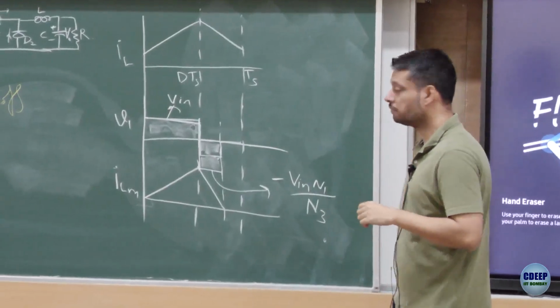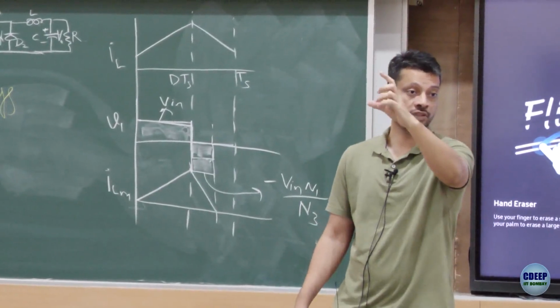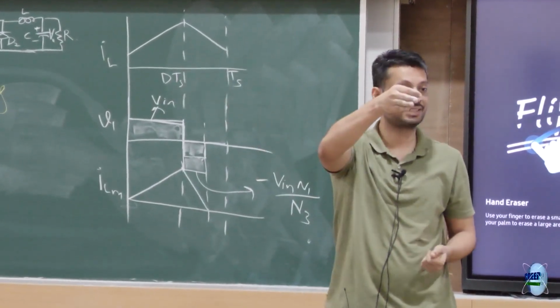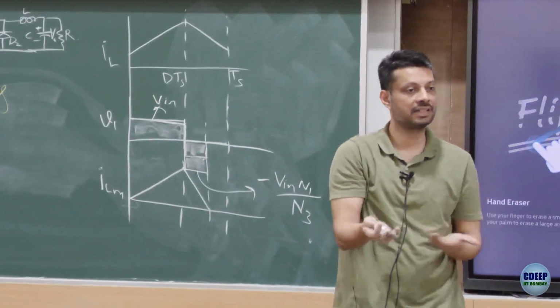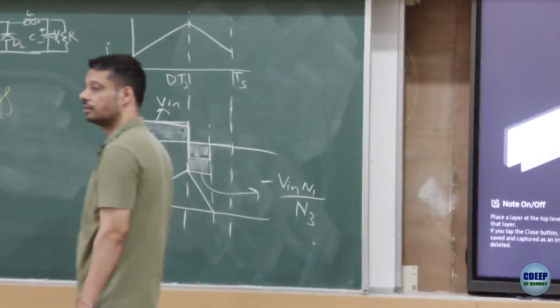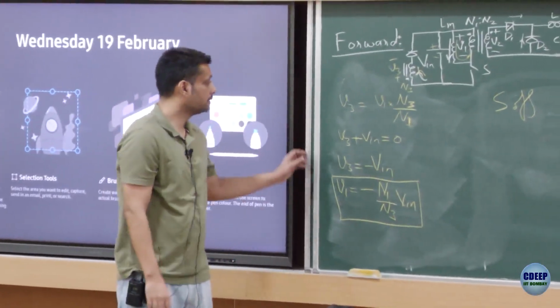I don't have the waveforms here, but you go back and look at the waveform. When the primary was conducting, it was positive. When the primary was not conducting, automatically because the secondary was conducting, there was a negative voltage getting applied, right? So you had a positive and negative automatically there. So you didn't require it. Any other question? Okay.